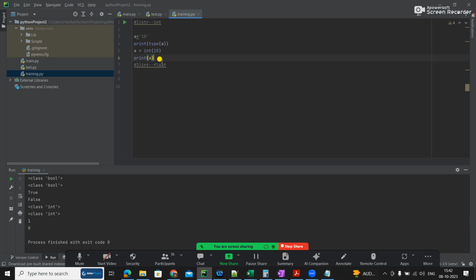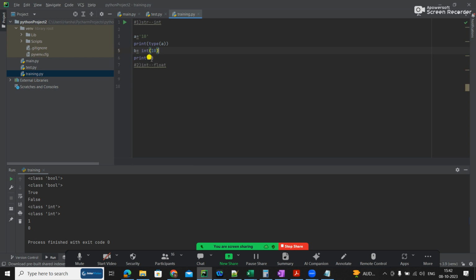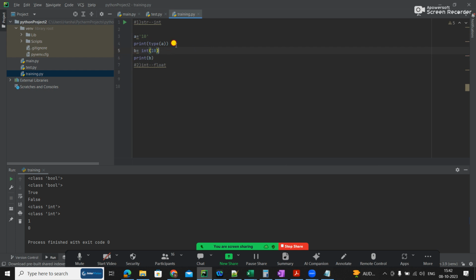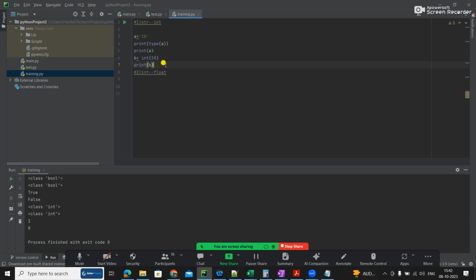So a equal to, b equal to int of a. I'll do print of b. Okay, print of a and print of type b. Print of a, and also just know this because this will help you to do typecasting and all.